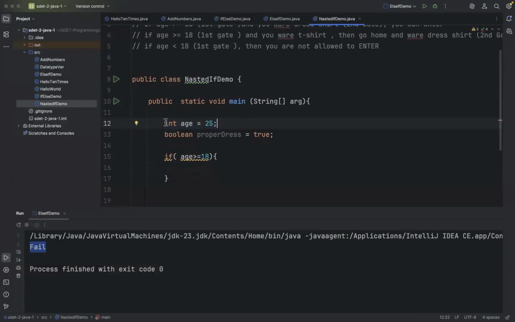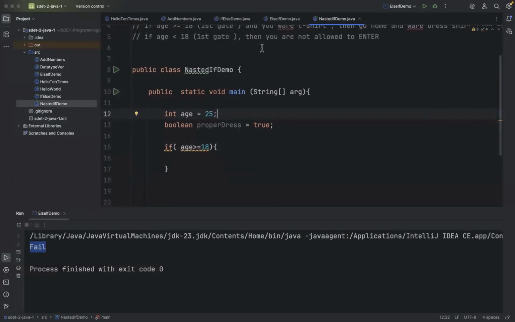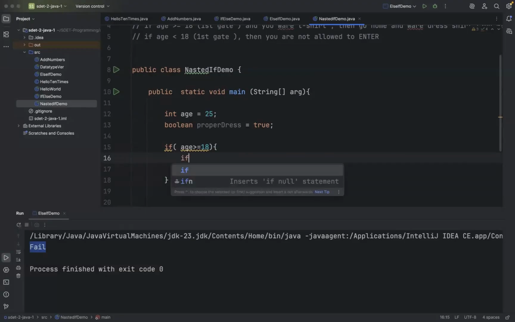Now I check this one. If I pass that one, then I can enter, but not in the restaurant. I can enter the space in between the first gate and the last gate. So if I am 18, then fine. I need to verify another one. Another gate is there. That's called nested. So I have to call another nested condition, so I have to put another condition here. Same way, if